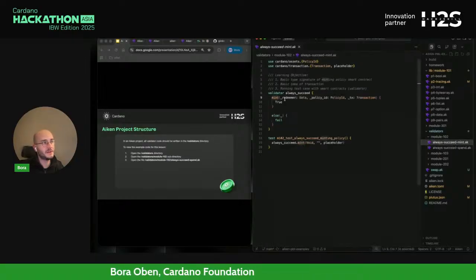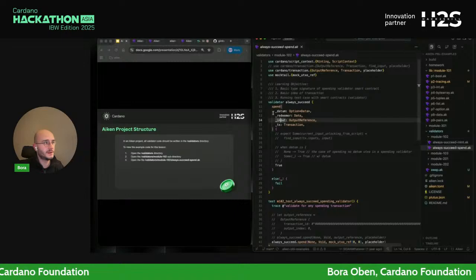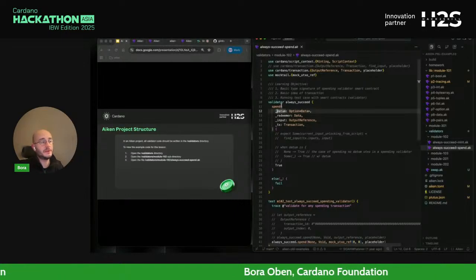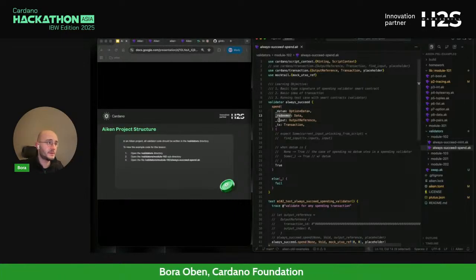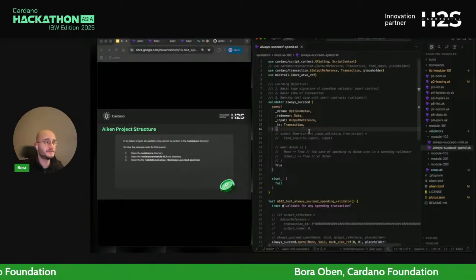In mint, it was a redeemer, a policy ID, and a transaction. In the spending purpose, you would need a datum, a redeemer, a transaction input, and the transaction context itself.